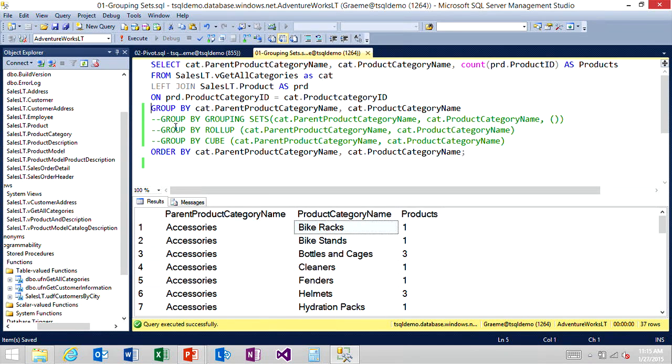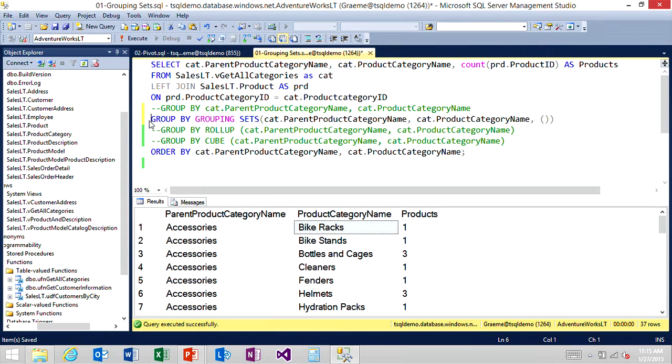Instead of grouping by those individual columns, what I'm going to do is use the next option here, where I'm grouping by grouping sets, and I'm going to create grouping sets based on the parent product category name and the product category name and a grand total. So I'm using that parenthesis option there. So if I go ahead and run that,